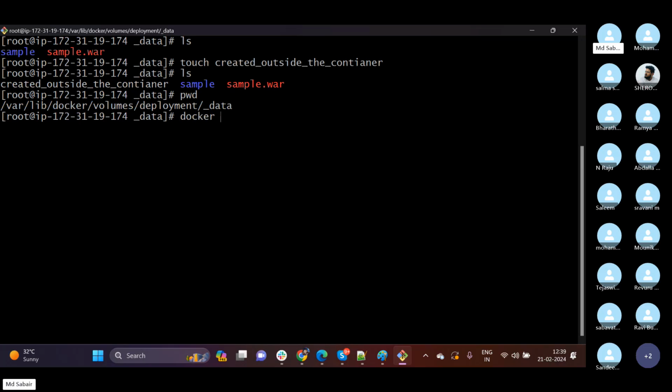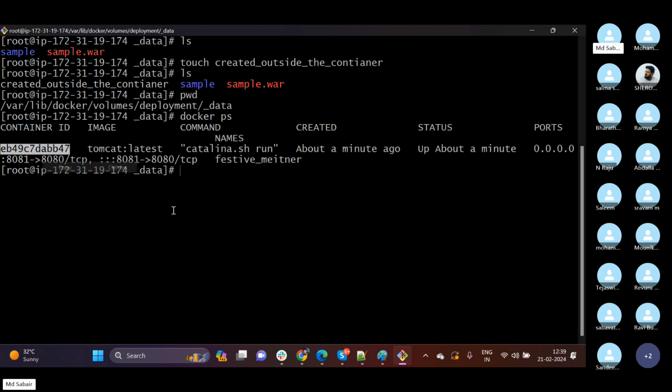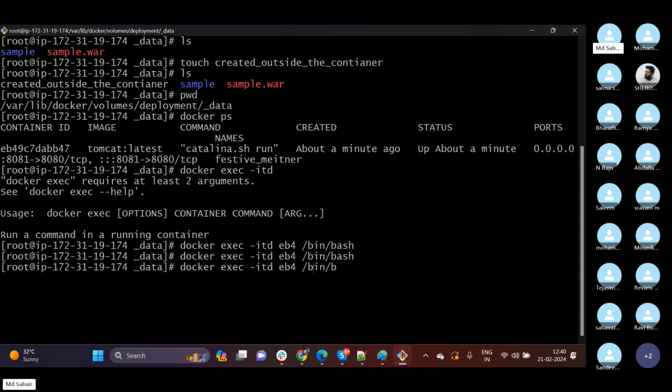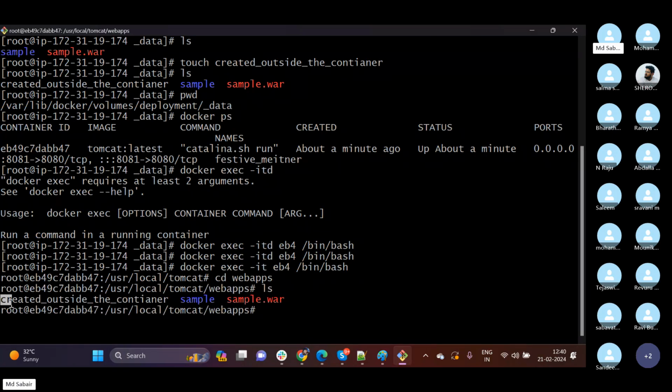So now let me try to access my container. Let me exec into it and see what is happening. docker exec -it with the container ID, /bin/bash. I'm using -itd, so it is running in the background. Okay, bash. So what happened? Currently, I'm inside my container. cd webapps, and if I do ls, here you can see the file created